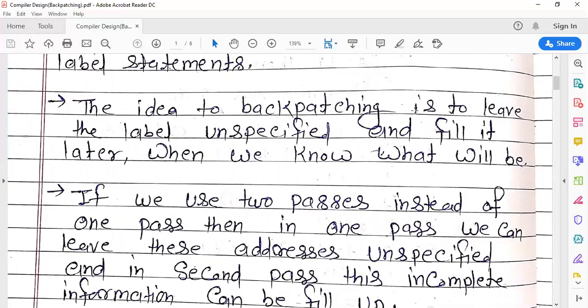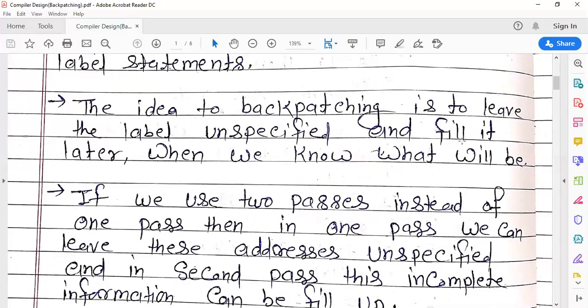The idea of backpatching is to leave the label unspecified and fill it in later when we know what it will be. In the backpatching technique, the process of writing the three address code happens in two passes, the first pass and the second pass.